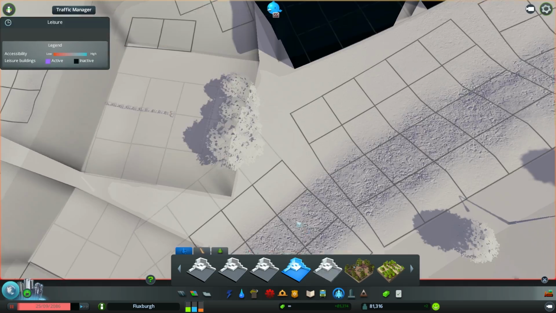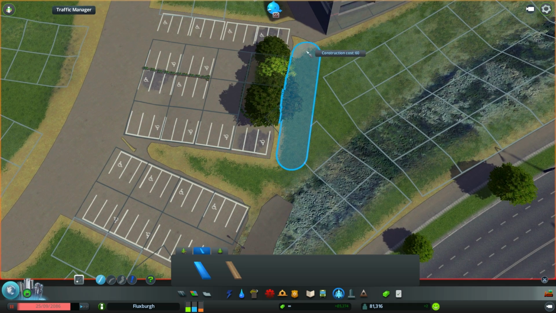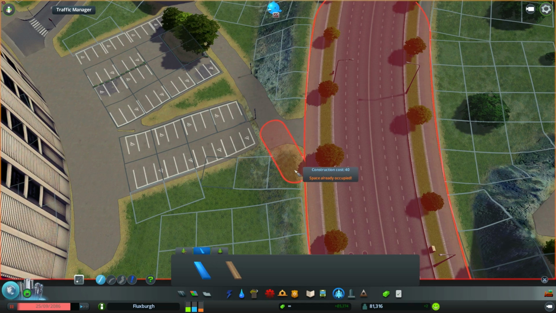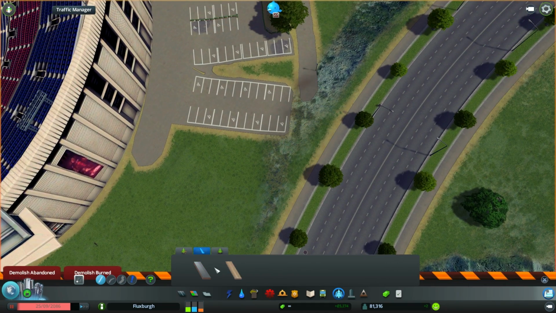And then we'll do some of these walkways. There we go. Actually kind of fits nicely through here. Just make a little connection like that. Maybe not actually, I don't really like that very much. Let's see if we can...